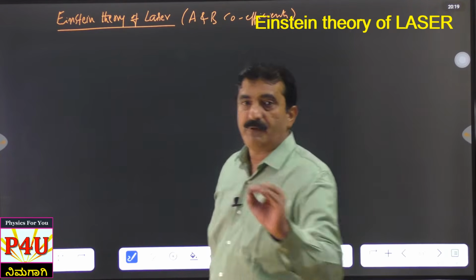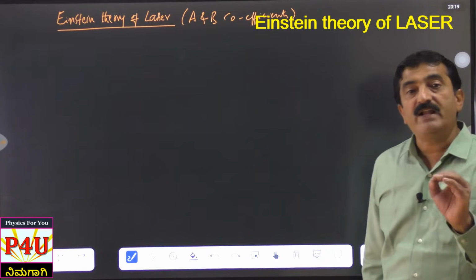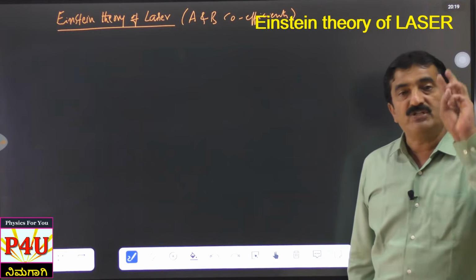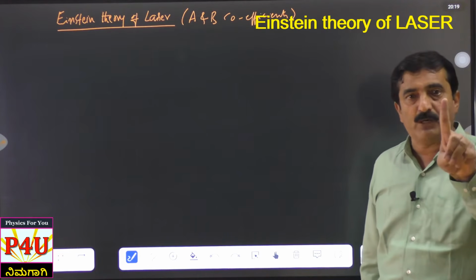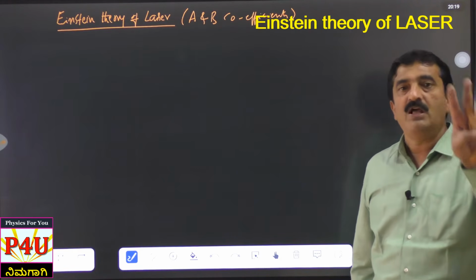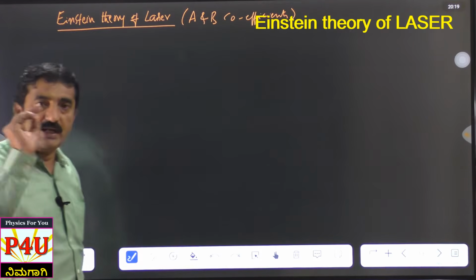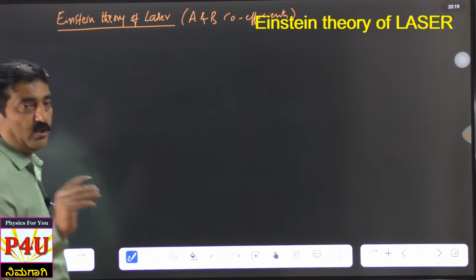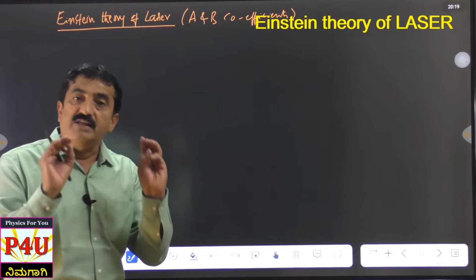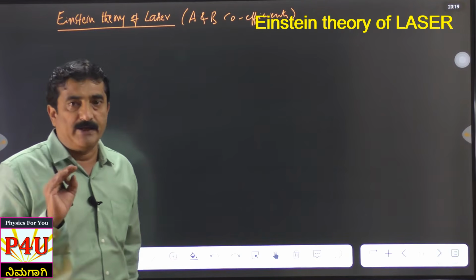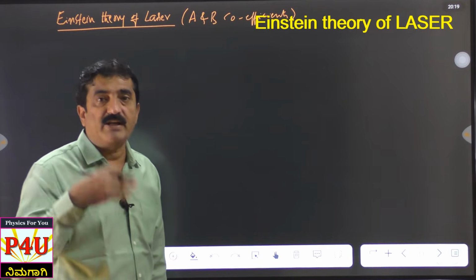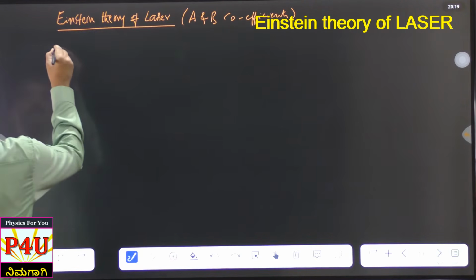Dear students, in the previous video, I was talking about the interaction of radiation with matter. I mentioned three types of interaction: one is absorption, another is spontaneous emission, and one more is stimulated emission. So I take them one by one. You have to start like this only. Number one, you write it like this: there are three types of interactions with matter. So radiation is going to interact with matter in three ways. Number one, the first one,